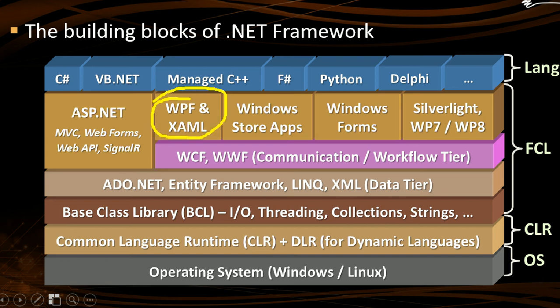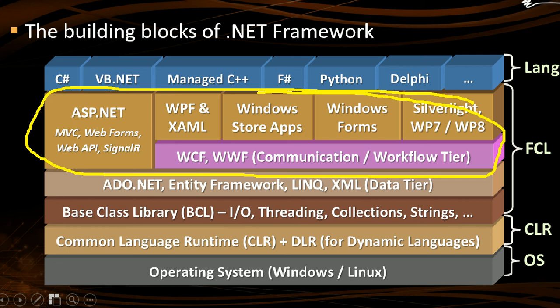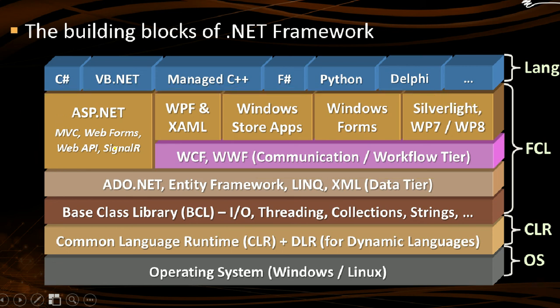If you write desktop applications like MS Word, you need WPF and XAML. XAML is a UI system for Windows, very, very powerful. Something like Flash, but better built. The bad news is that it's closed, it's Microsoft proprietary technology, and it's not available in the Linux environment. That's why it's not popular. You can write different types of applications using different libraries. You have, for example, data access functionality, and